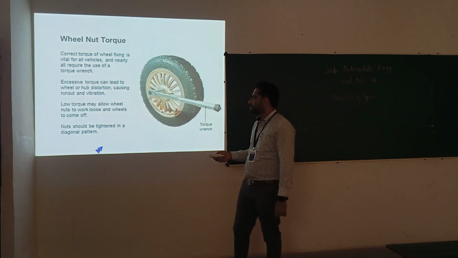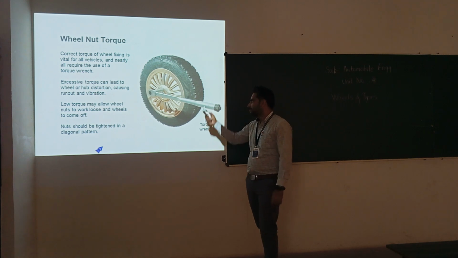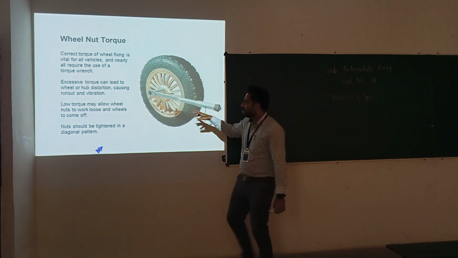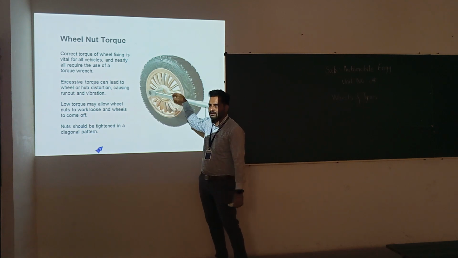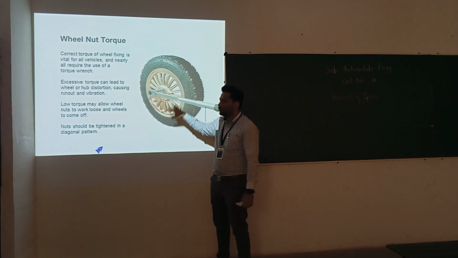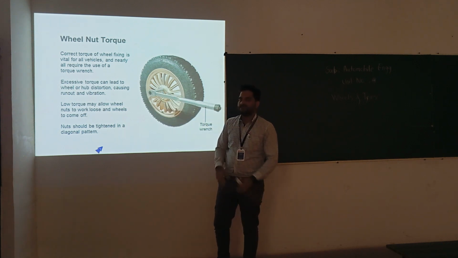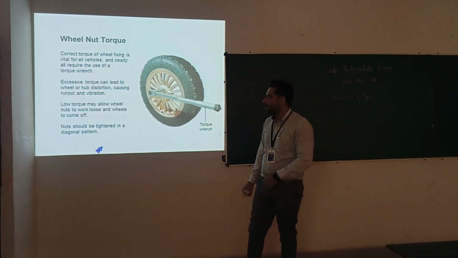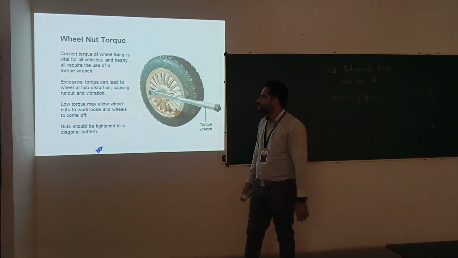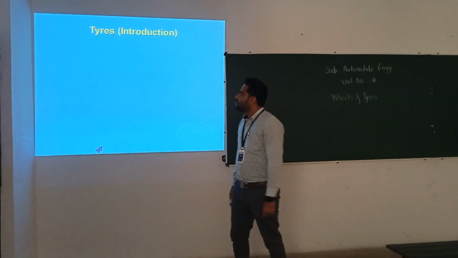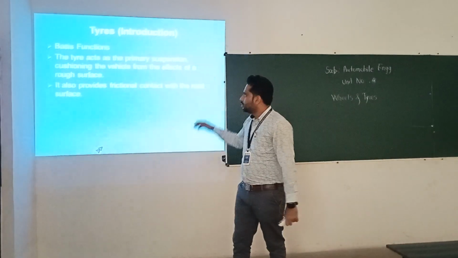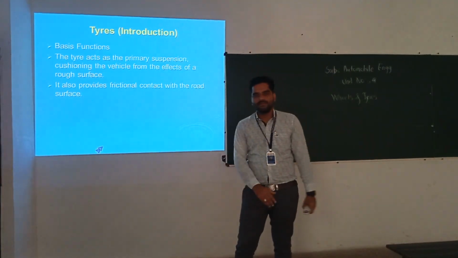Wheel nut torque. So here is the spanner for giving the torque and fitting the wheel. These are the number of bolts which are fitted on the bolt circle diameter. Through those bolts, by giving the torque, we are fitting these kinds of wheels on the hubs or axles of the vehicle. Okay. So we will go through the tire and construction of tire in the next